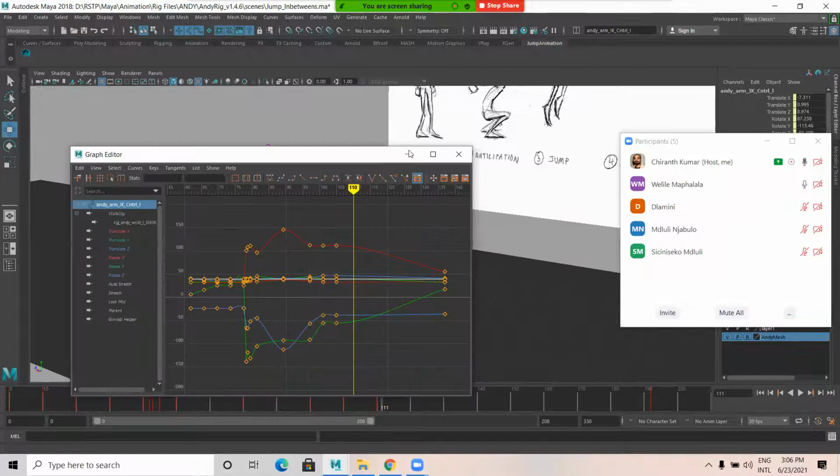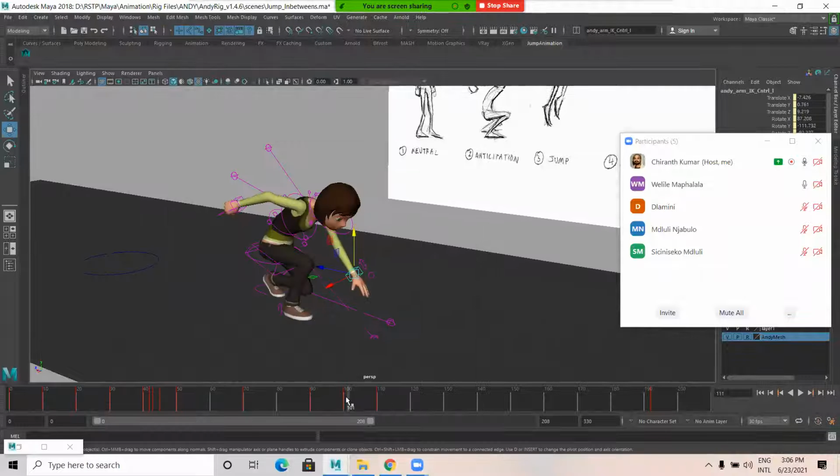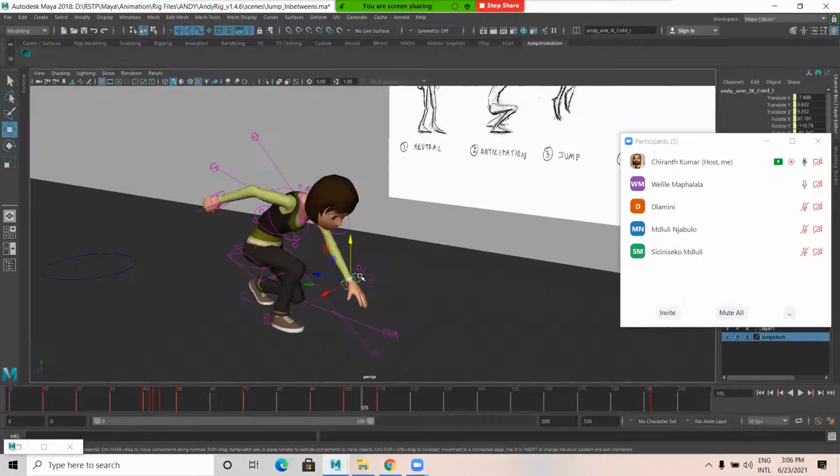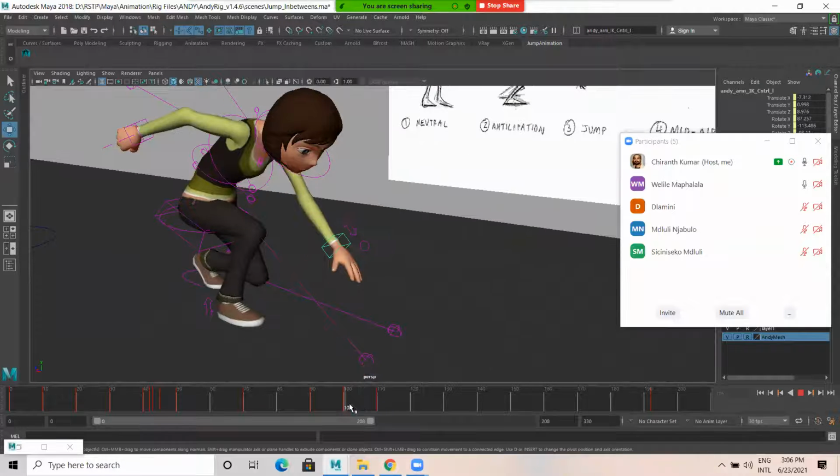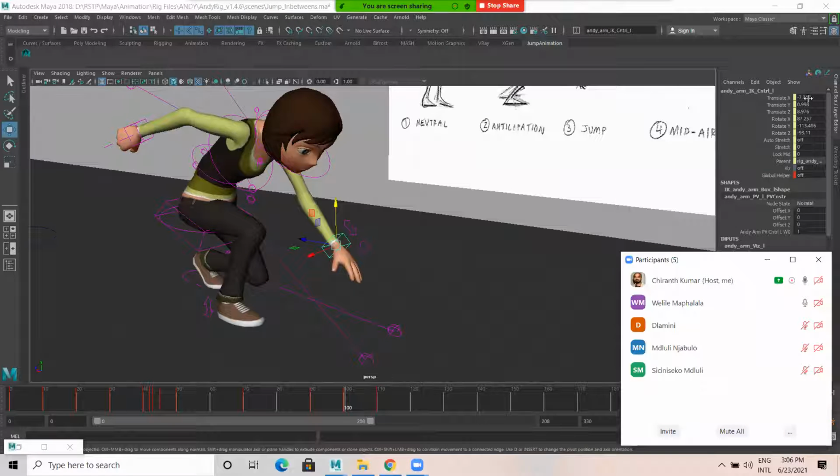So I'm going to remove that from 100 to 110. See, in between for this arm, I haven't given any keys, but still there is a movement. And if you notice here, translate value, rotate value at 100 and 110, both are the same, but still there's an animation.